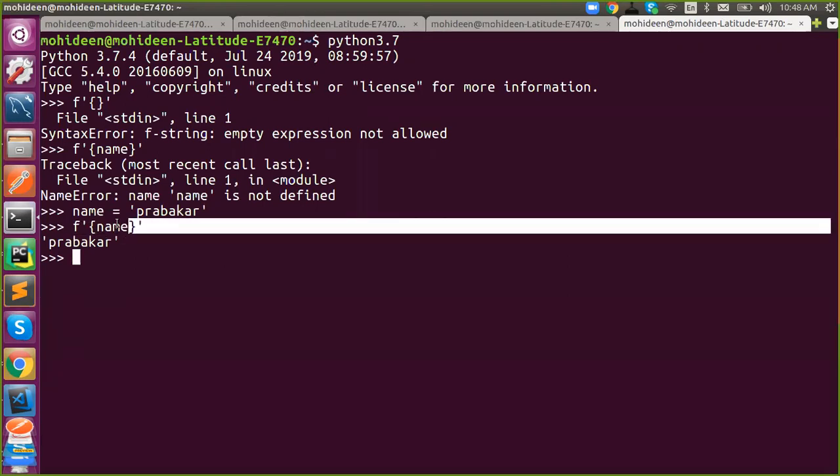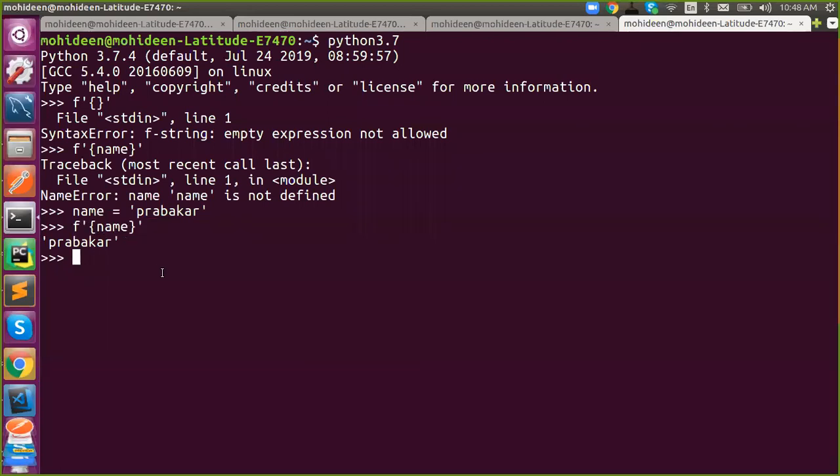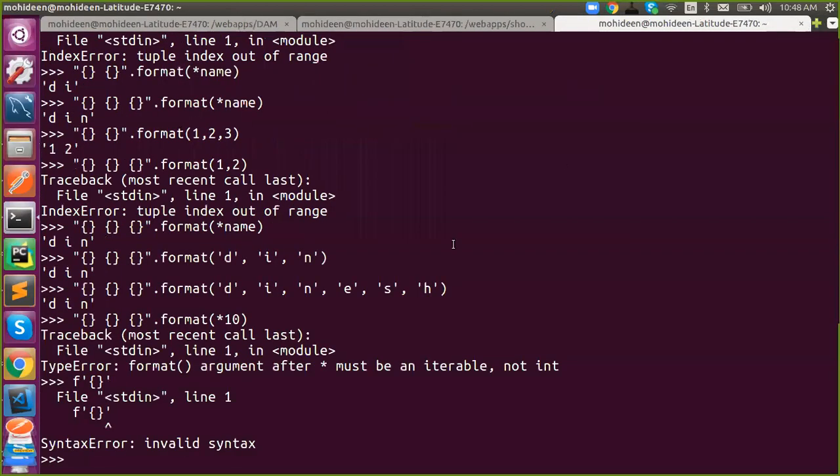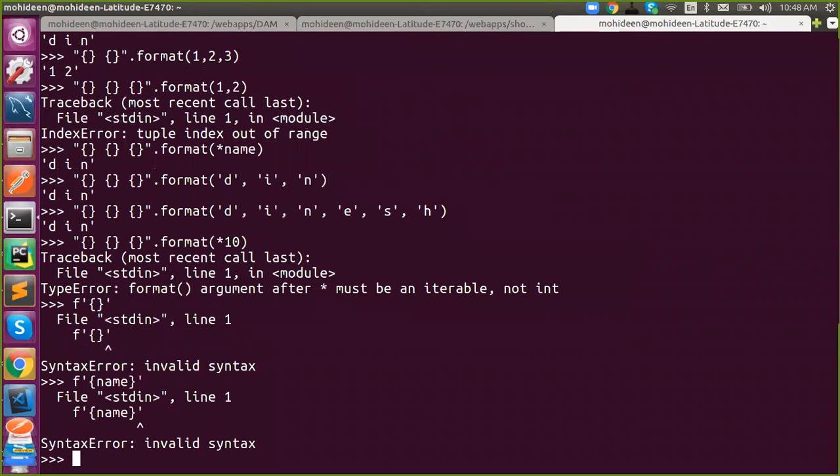Okay. So this is available since Python 3.7. The exact syntax won't work with the previous versions. Here we will simply get a syntax error because this version doesn't contain this syntax. This was implemented since Python 3.7. So you need to be careful while using this syntax. So it won't work with the previous version. So this concept is called f-string or format string.